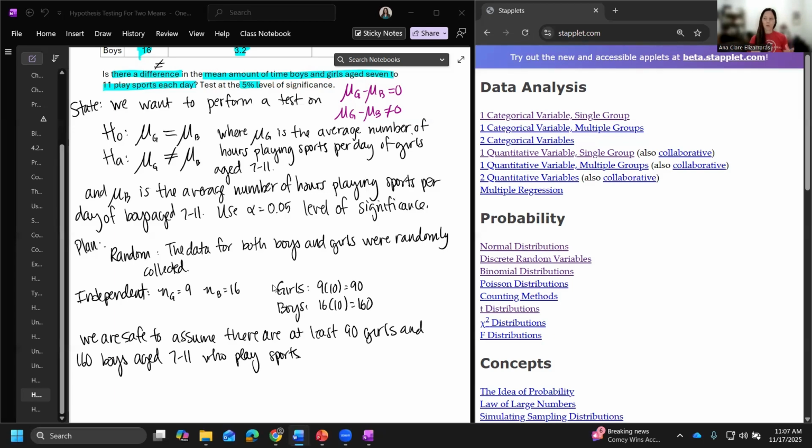What about normal or large counts? This is for means. And remember, for means, there's 3 different ways that you can check your conditions. The populations are stated to be normal, the sample sizes are at least 30, or the graphs show no strong skewness or outliers. Let's work it in reverse. We don't have data. We only have summary statistics. And so we have no graphs to be able to see for these small groups whether there's outliers or skewness. So I can't check the last way. And our sample sizes are not at least 30, which means they have to be given to be normal, and they are. So let's say large counts